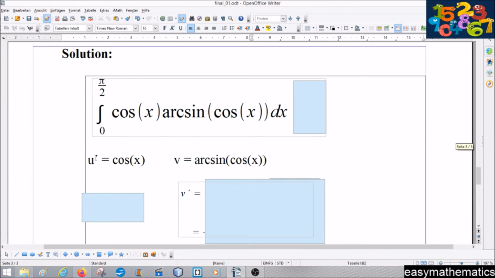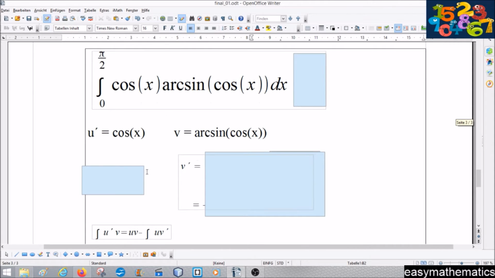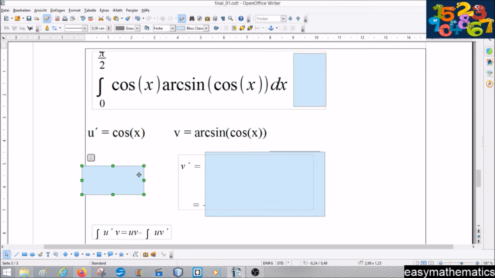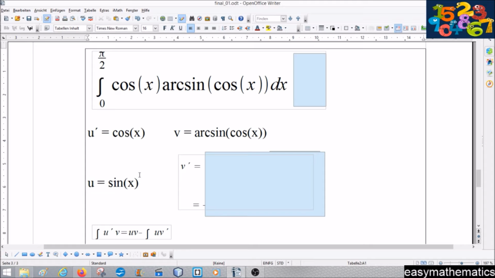So let's tackle this integral with integration by parts. So I choose u prime, the cosine, and v, the inverse sine part. u prime equals cosine. This makes u sine of x,